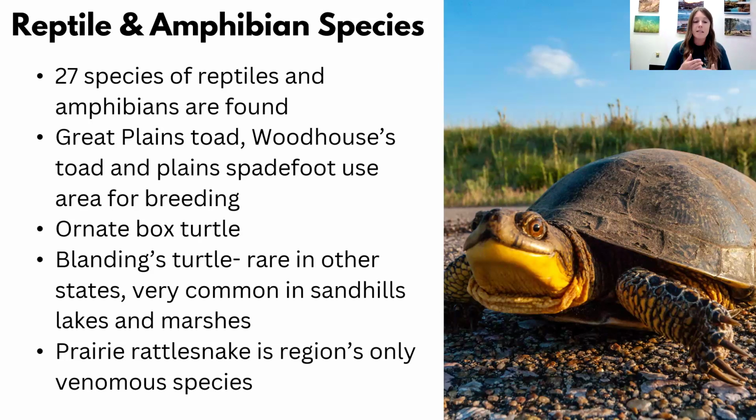They're pretty common in the sandhills, but if you go to places that aren't Nebraska, they're kind of rare. So Nebraska has this sandhills area where these guys breed. And so if you go to the sandhills, you'll see these high-domed shells, and they have that distinctive yellow on their chin. Those are those Blanding's turtles. And then also things like six-lined racerunner, northern prairie lizard, they're very common in the sandhills. Bull snakes and hognose snakes are very common as well as far as your snakes go. And then Nebraska also has 4 species of venomous snake. The most common venomous one that you're going to find in the entire state resides in the sandhills in western Nebraska, and that's the prairie rattlesnake.